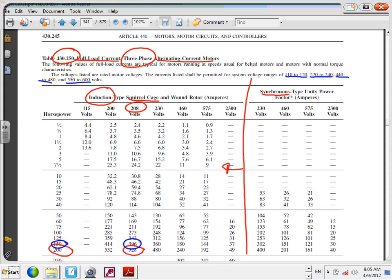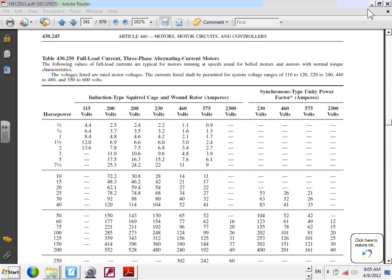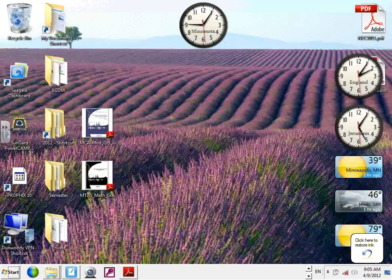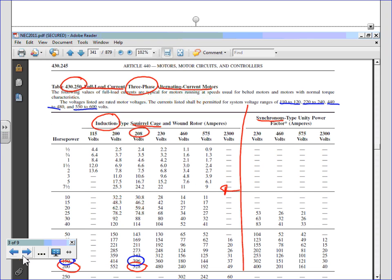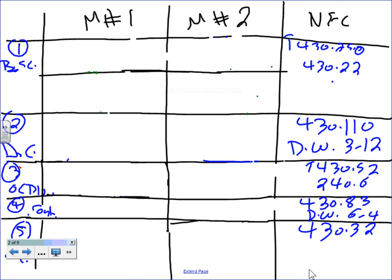So let's go take a snapshot of that baby. Now we know how to get that number, and let's go write the number that we got. All right, so let's go back. Was I forward or backward? Here you go. Okay, so now we know where we got these numbers from. Right, Chris? So I have my full load current, guys, of 528 amps,